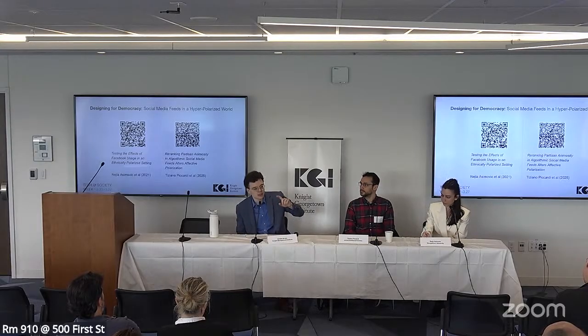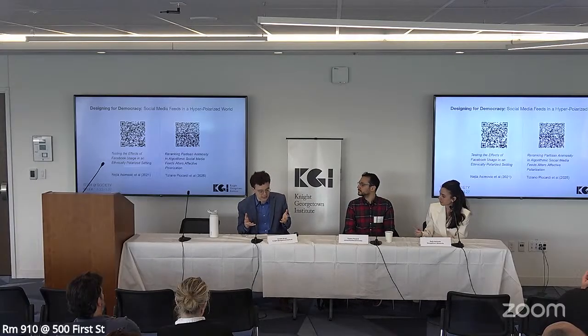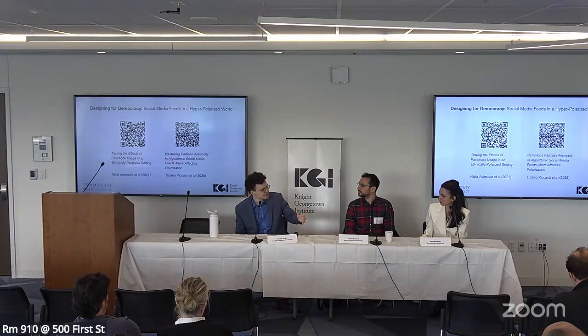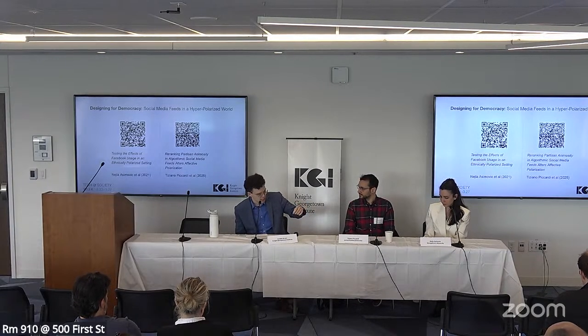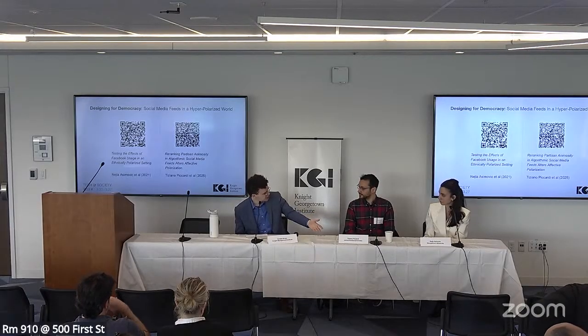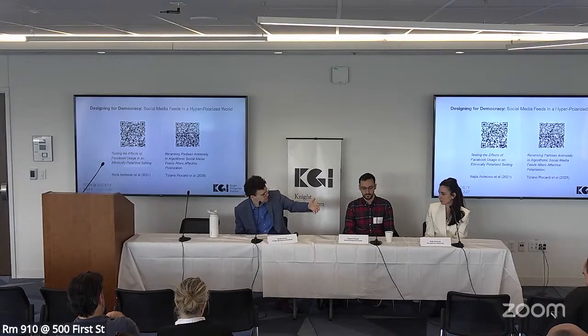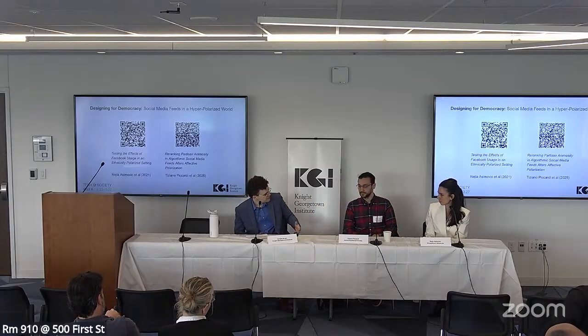But I want to maybe later in the conversation talk a little bit about how things could be better, how they could be different. But before we get there, I want to focus on the status quo. What do algorithms look like today? And so Tiziano, to start with you, your study suggests that downranking polarizing content slightly reduces engagement and emotional negativity. Does this suggest that algorithms designed to maximize engagement systematically amplify polarizing negative content? And if so, what might be the long-term effects for democratic health?